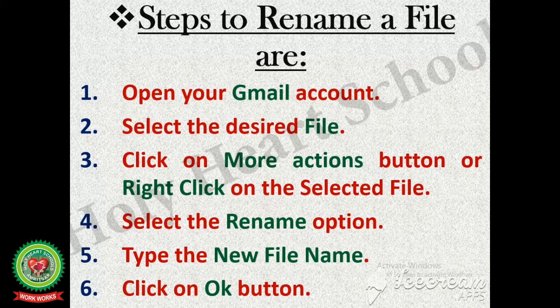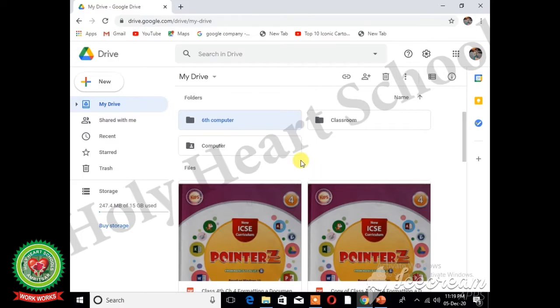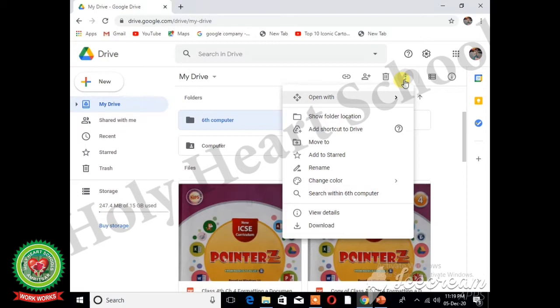Now let's do its practical. Students, suppose I want to change the name of this 6th computer folder. Then firstly, we have to select it. Second step is click on this More Actions button. And third step is click on Rename option.